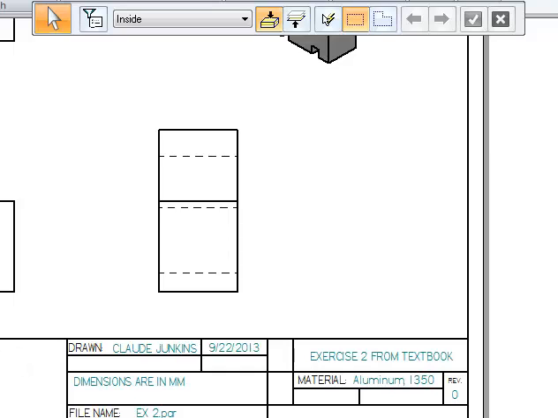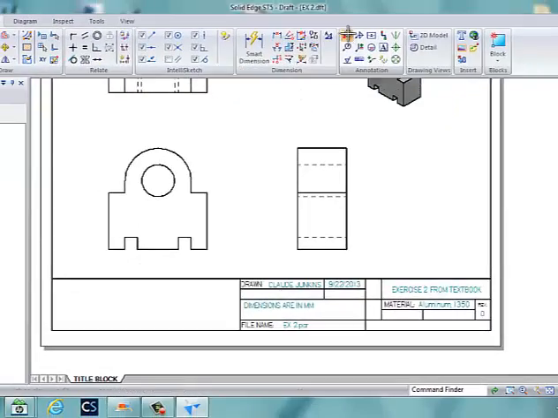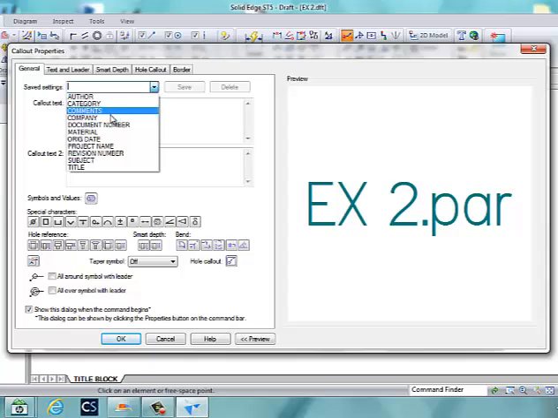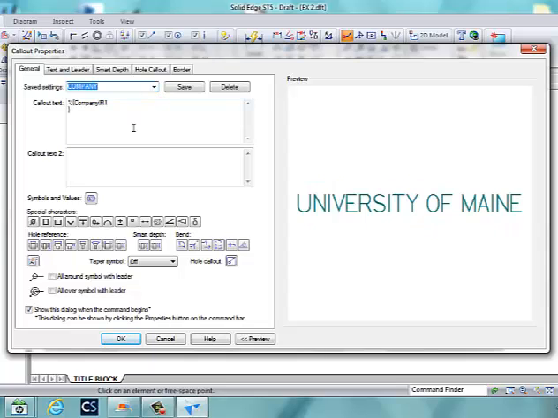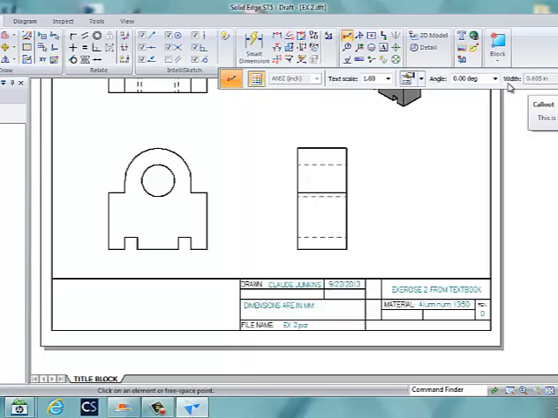MET 121. Now you can make up your own company name, but in my case it'll be University of Maine. So I'm going to go to my call out. And I'm going to tell it I want my company. Yeah, I'll just put in company. There's University of Maine. Now I want to change this over a little bit because I want the text to be bigger. I want my text to be 0.25,